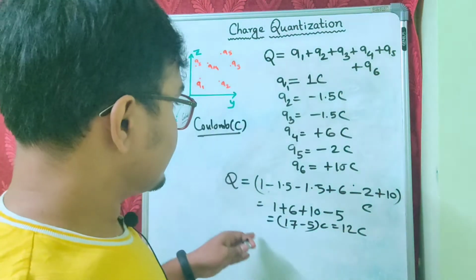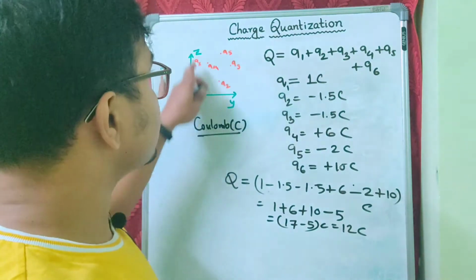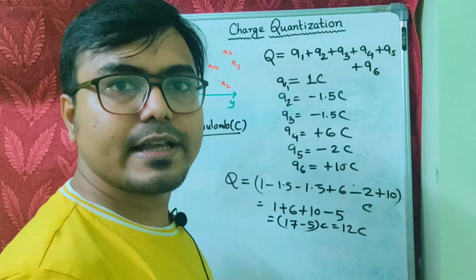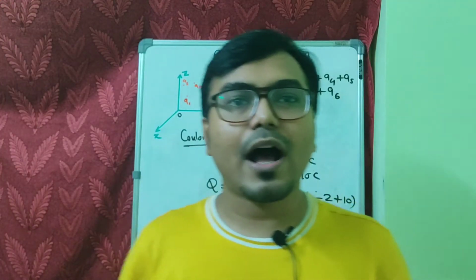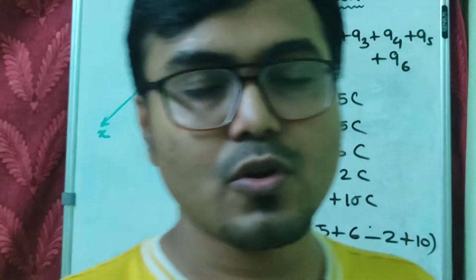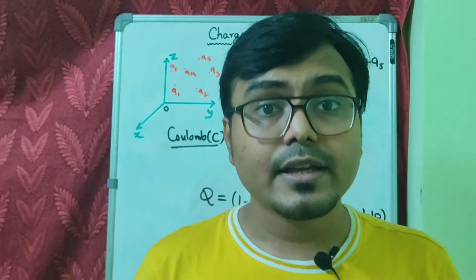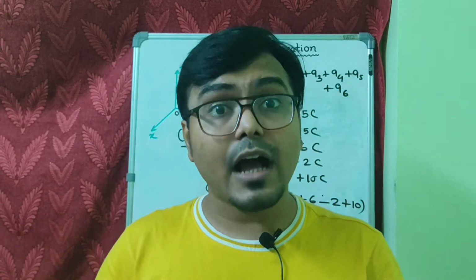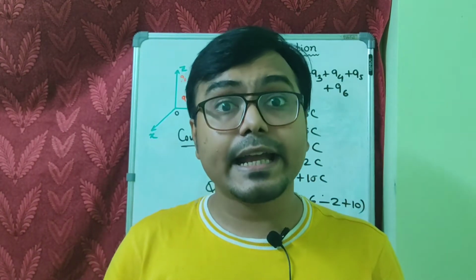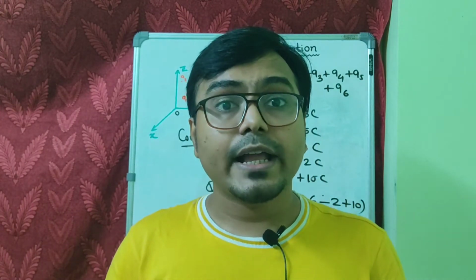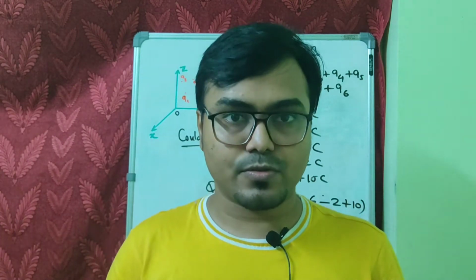So we have seen that the total charge Q in this space must follow the ordinary scalar law of addition. Now I will discuss charge quantization, which is our heading also. What does quantization mean? This means the charges cannot vary continuously to take any arbitrary value, but can change discontinuously to take any of a discrete set of values, right?